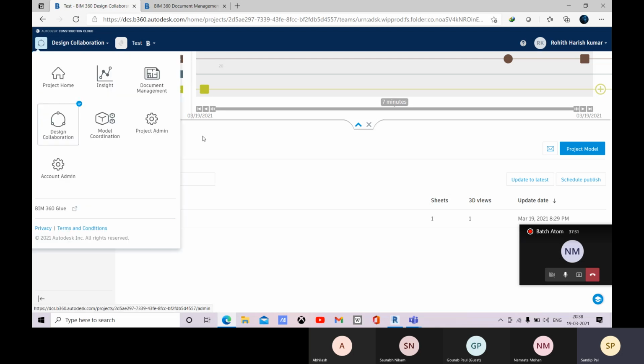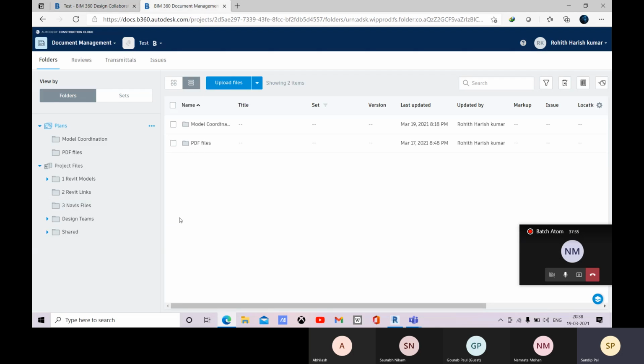Okay, so for model coordination, let me go for that. And before going to model coordination, this way you can submit your package, and other team members can access this. So this is how you can share your work within other team members.